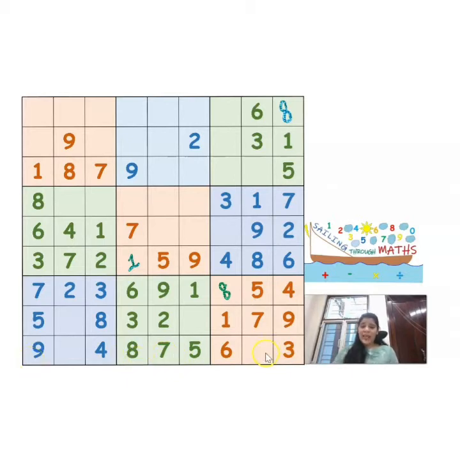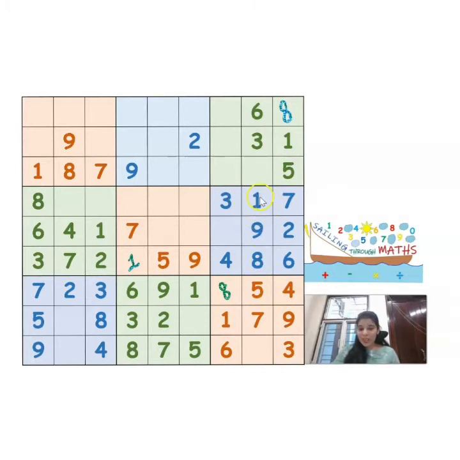Now see, can I place number 1 in this cell? And you will understand why I cannot place number 1 in this cell. Because if I place number 1 here, then I am going to repeat the number 1 in the 8th column. See, in the 8th column, 1 is already present.